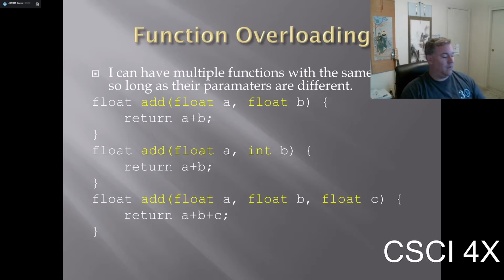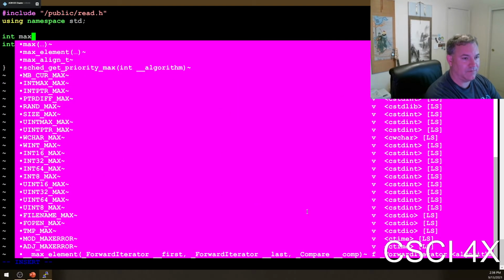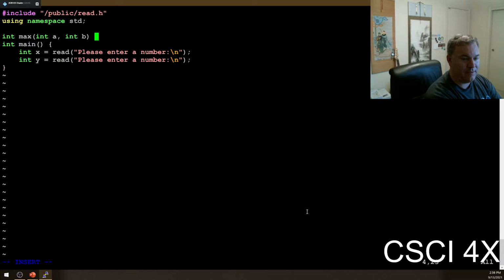Okay, so then C++ uses the parameters you pass to the function to pick which one comes out. Okay? So if you have int max taking an int a and int b,